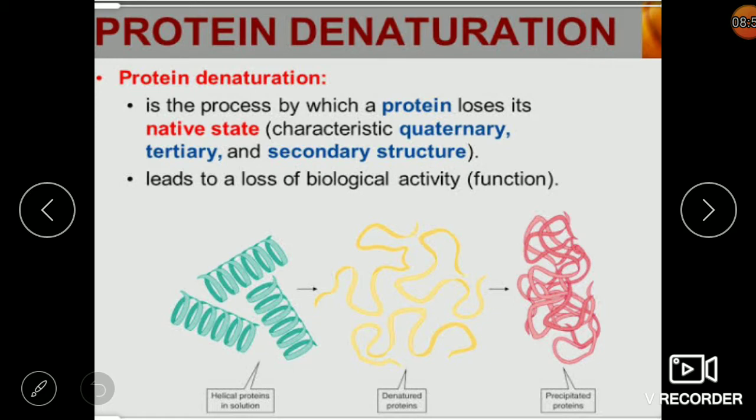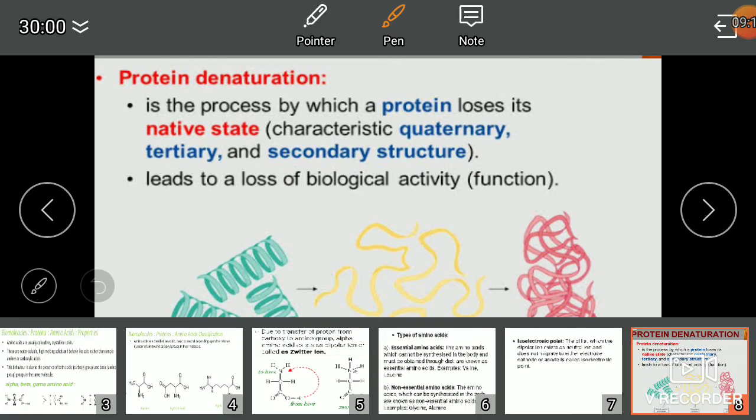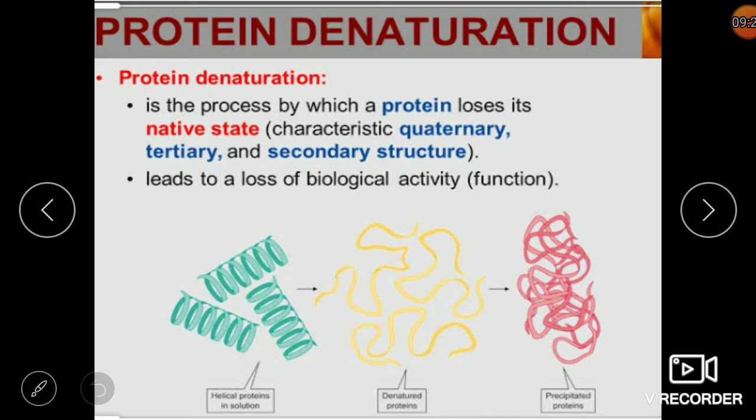Next is denaturation of protein. Now what is protein denaturation? This is a process in which a protein loses its native structure by application of some physical change. For example, if you are changing the temperature, if you are changing the pH, then protein generally loses its native state, okay, and this process is called denaturation. In denaturation, protein loses its quaternary structure, tertiary structure or secondary structure. All of this will convert it to primary structure, but in denaturation of protein, primary structure does not get affected